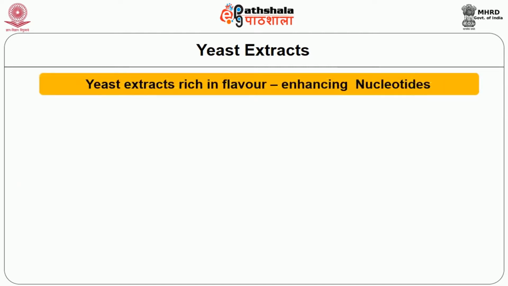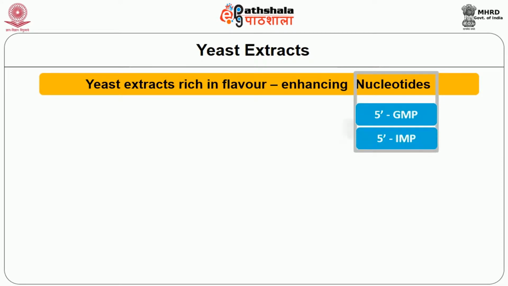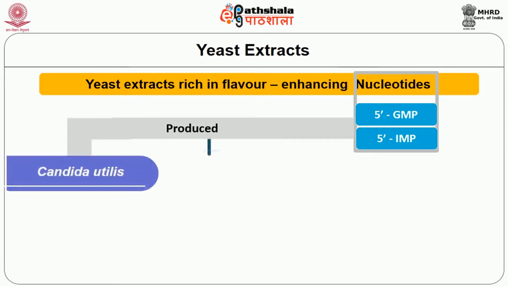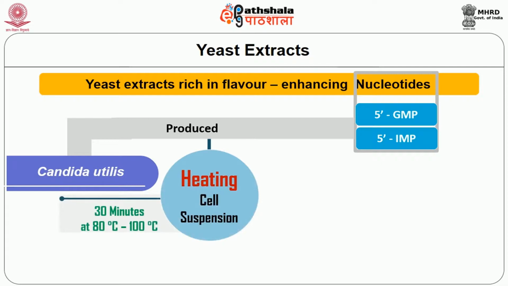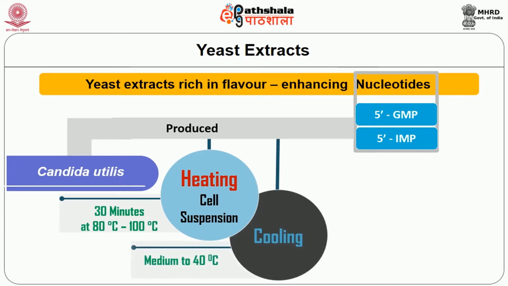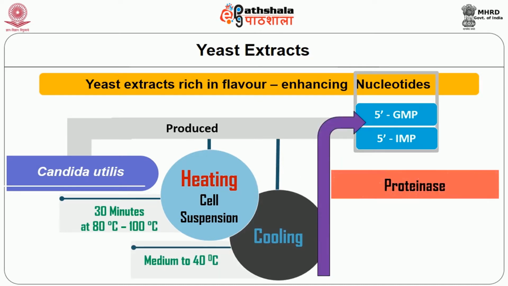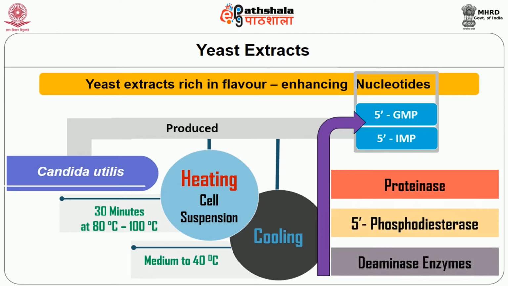Yeast extracts rich in flavor enhancing nucleotides such as 5'-GMP and IMP also are being produced from Candida utilis by heating a cell suspension for 30 minutes at 80 to 100 degrees centigrade, then cooling the medium to 40 degrees and treating with the enzymes proteinase, phosphodiesterase and deaminase. The suspension is then centrifuged and the supernatant rich in 5' nucleotides is concentrated and spray dried. The resulting product is claimed to have properties particularly effective in improving the flavor of savory meats, gravies, sauces and